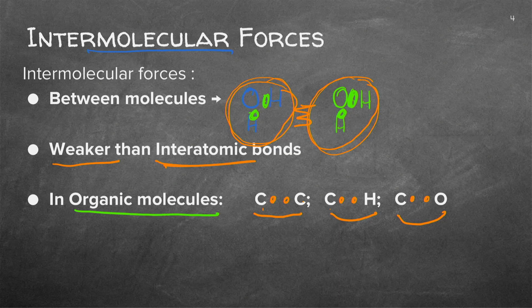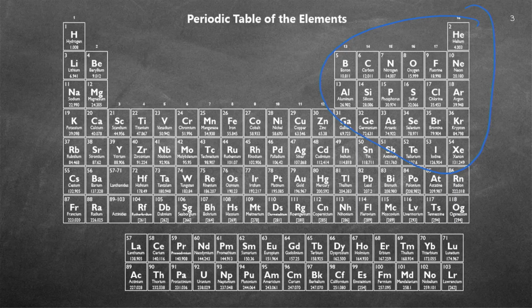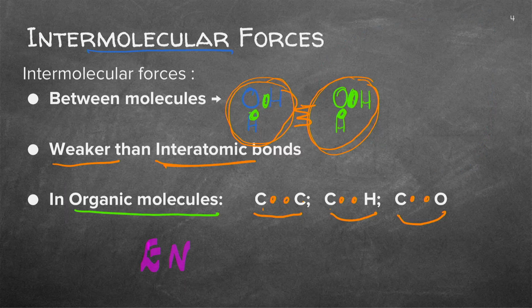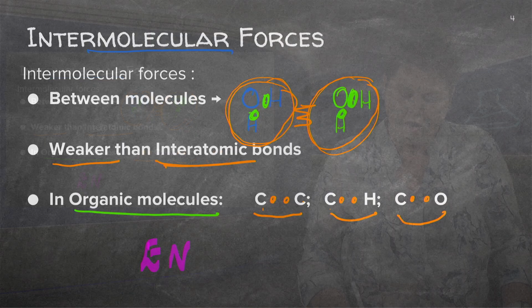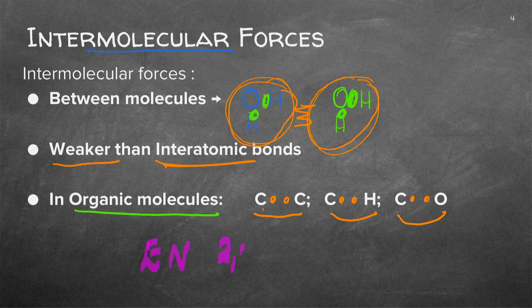quickly revise. How do I know what it looks like? I need to know the electronegativity. If you go back to your periodic table, you'll find the electronegativity of carbon there, the oxygen there, and the hydrogen there. Now, let's write it down. If you take your periodic table, have a look with me. You'll see carbon is 2.5, sorry. So it's 2.5 and 2.5 for each carbon. Another carbon, 2.5. And I've got hydrogen with 2.1.